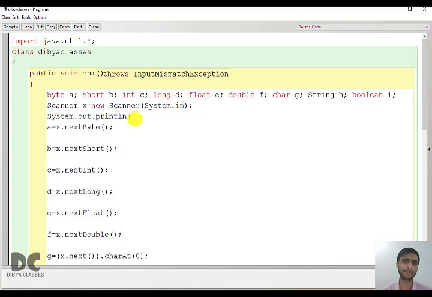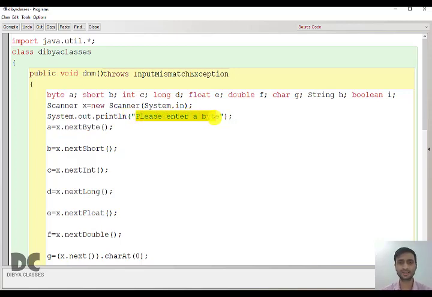What to write? Just to let the user know what you are trying to get from him, what type of input you want from him. So here you can write, please enter a byte value. It depends on the question being asked, so the print statement will change, meaning what you want to print.